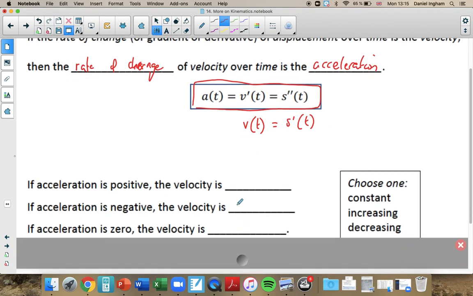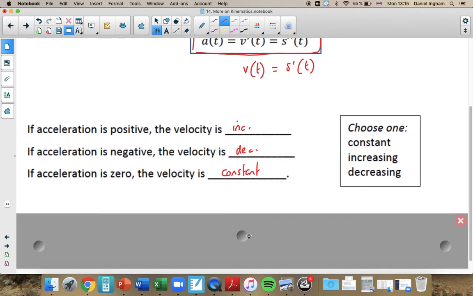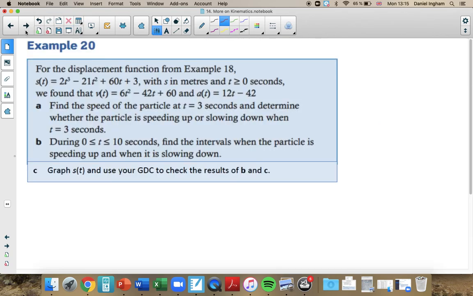Okay, so if the acceleration is positive, then the velocity is increasing. If the acceleration is negative, then the velocity is decreasing. And if the acceleration is 0, then the velocity is just staying the same. The particle is just moving at a constant speed. So let's run through